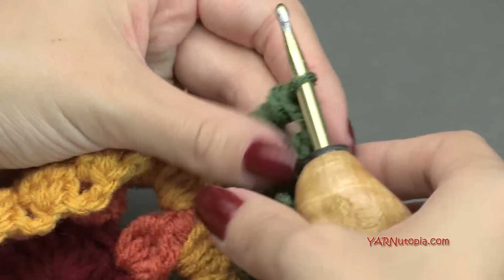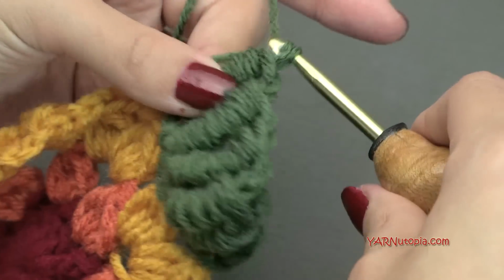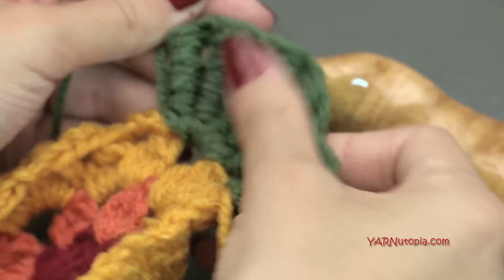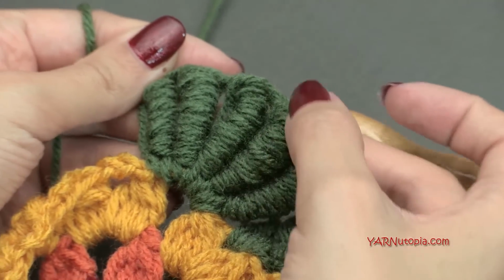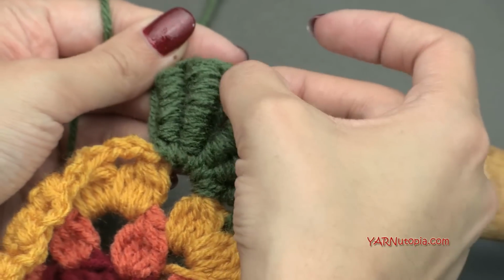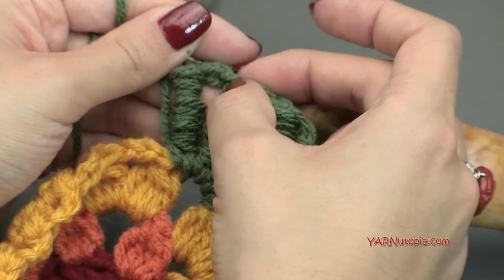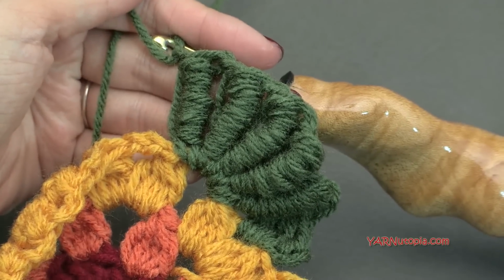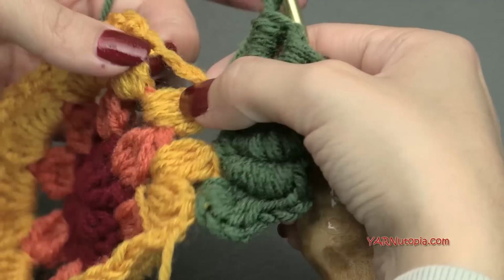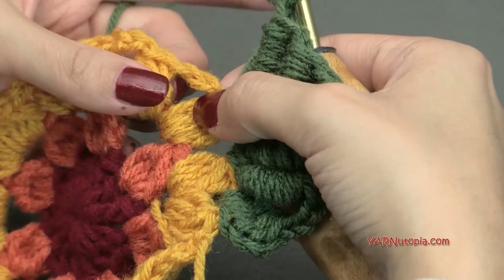Okay, just like that. And then chain 1. Okay, so there we go. We have a 10 wrapped bullion stitch, chain 1, 15 wrapped, chain 1, 15 wrapped, chain 1, 15 wrapped, chain 1, and then a 10 wrap, chain 1. Then we are going to hop into the next chain 3 space, and we are going to work a regular